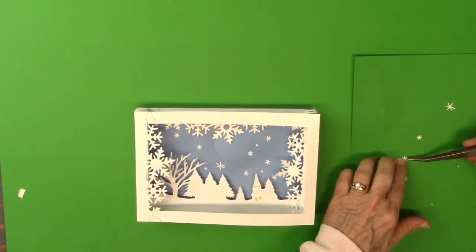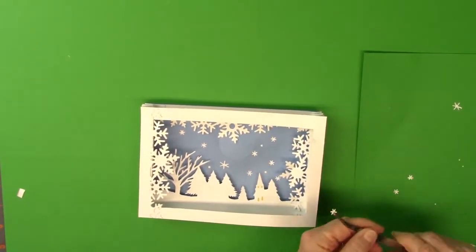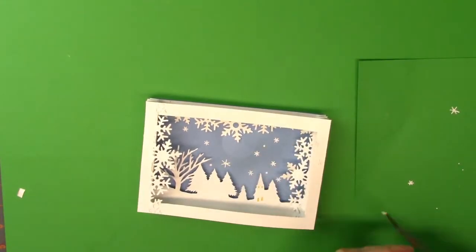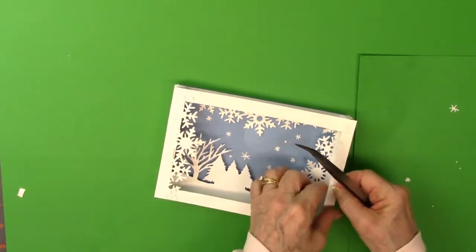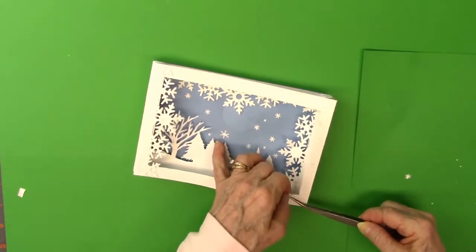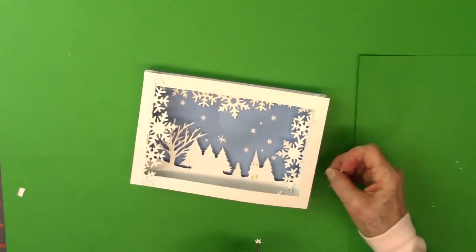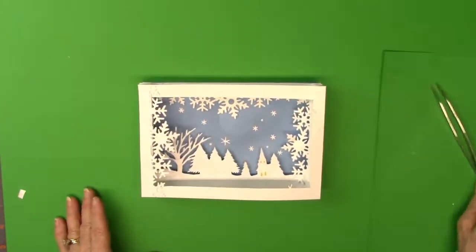And then with just a few more of those little snowflakes, I'm going to call them, I'm putting them on the right-hand edge of the frame just to give a little dimension. You can't see them very well here, but up close you can see them, and it's just white on white, but it gives a pretty texture also. One of those little extra pop-outs on that die is that right there. It's kind of a star with extra long points to it, and so I'm putting that down there,